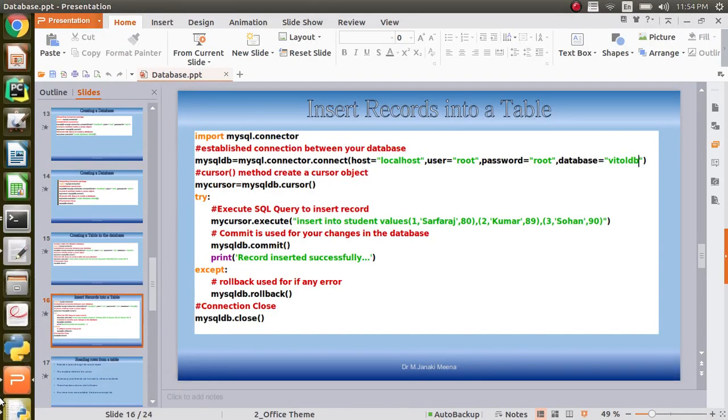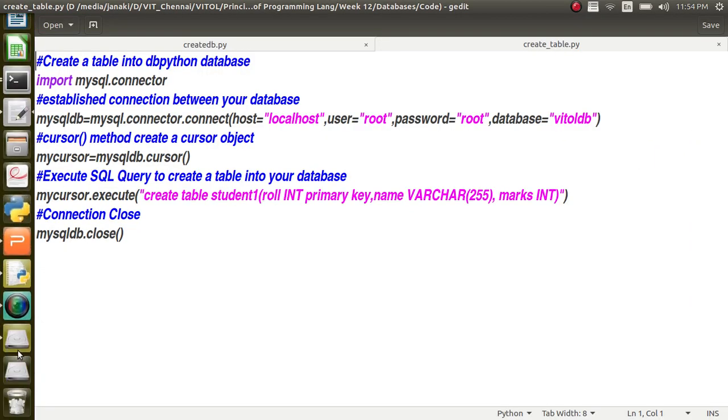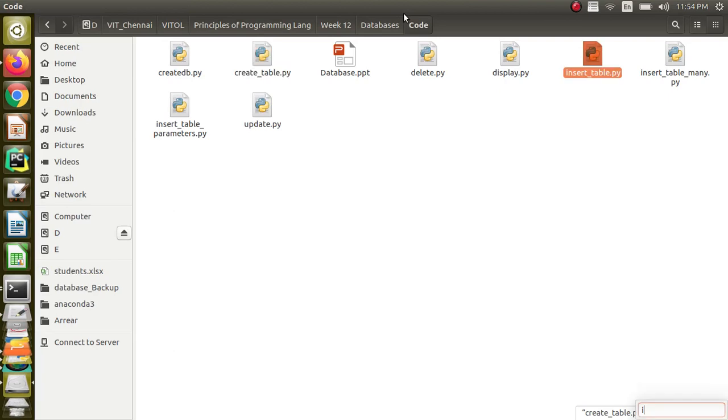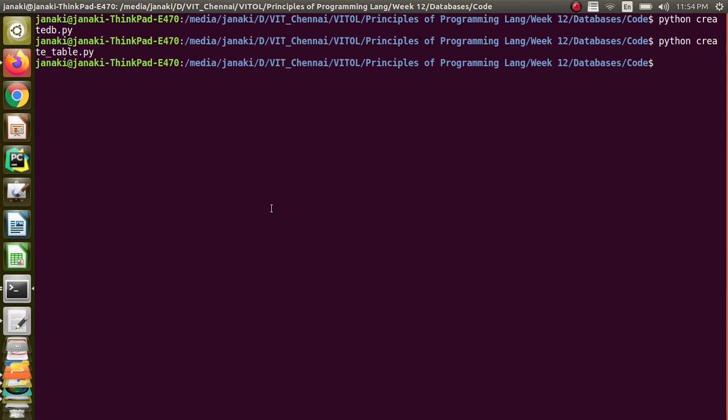So let me take the code there for insert. Insert table. Here, yeah, I have to insert into student1. That change I have to make. First I change the table name. Yeah.